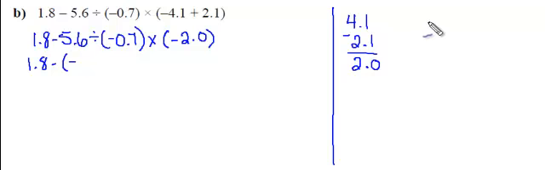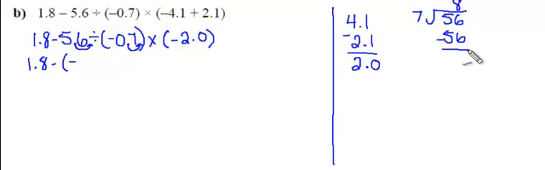Now in order to divide decimal numbers, all you do is get rid of the decimal in whatever you are dividing by. So we are dividing by 0.7. So let's move that decimal place one place over to the right. What we do in that, we have to do in the other number. Move it one place over to the right. So we actually have 7 being divided into 56. 7 will go into 56 8 times. 7 times 8 is 56. So our answer to that is negative 8